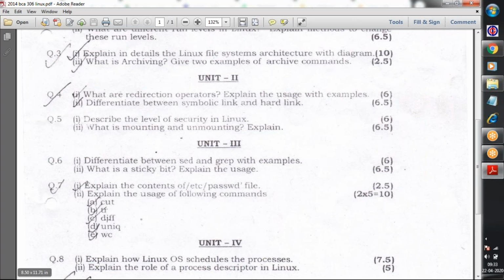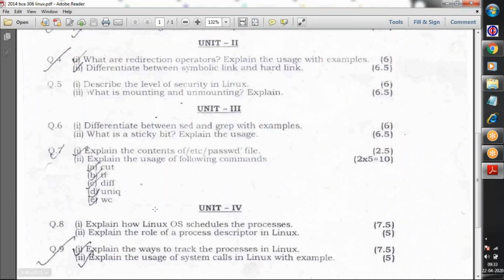Similarly, your other commands, like the diff command, the cut command, and uniq to check for a unique word. This is tr, I think, to replace or translate any word from one to another; that is translate. Diff is to compare any file or to check the two file differences. Then you use uniq to check for a unique word, and wc to count your words, lines and characters.